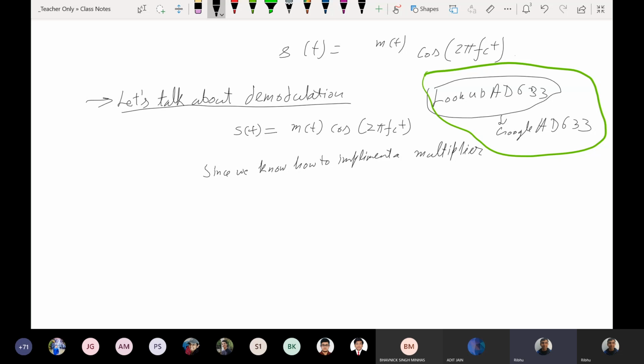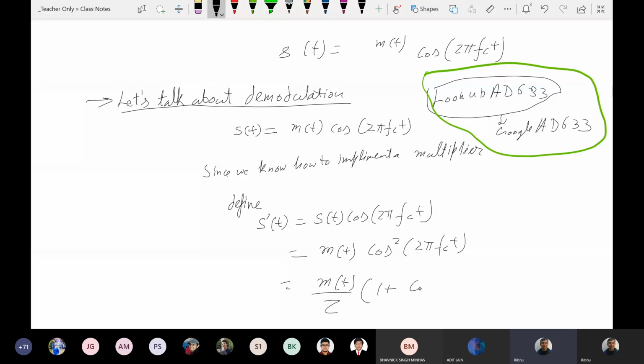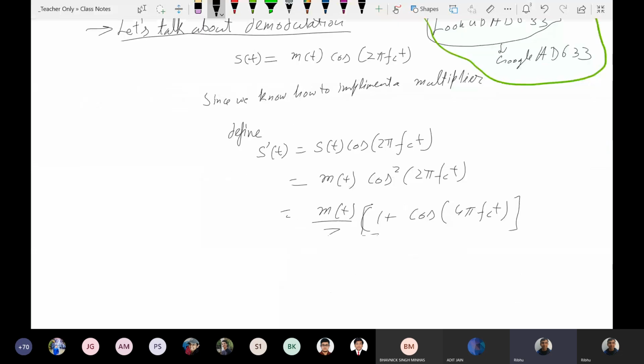So S(t) is this, and since we know how to implement a multiplier, define S'(t) equals S(t) cos 2πfct, equals m(t) cos² 2πfct, equals m(t)/2 times (1 plus cos 4πfct). Fine. So I get this, and again